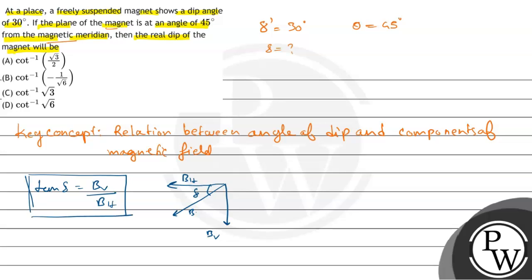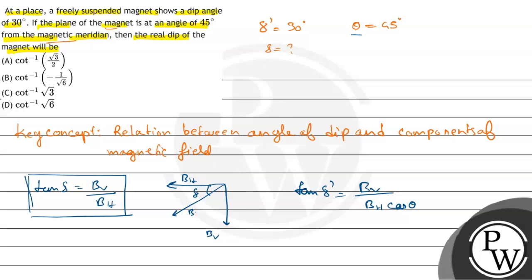And in case of apparent angle of dip, that is tan of delta dash, we know that in this case the vertical component remains same and the horizontal component, that is BH, that becomes BH cos theta, where theta is equals to 45 degree, and that is the angle between the plane of the magnet and the magnetic meridian. So going to the next page, now we find that tan of delta dash by tan of delta, that